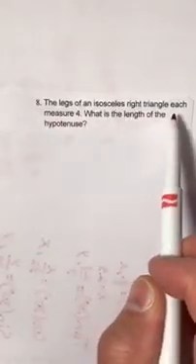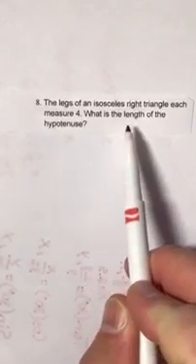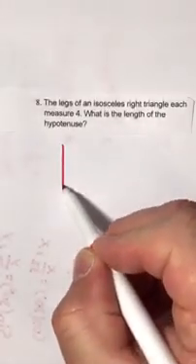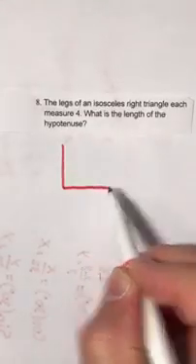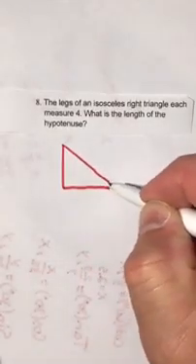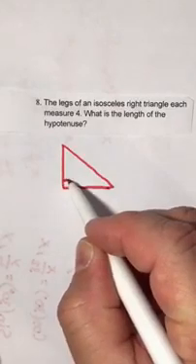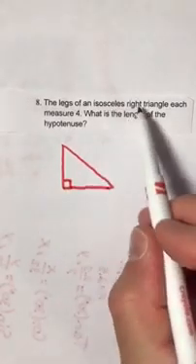Okay, number 8. The legs of an isosceles right triangle each measure 4. What is the length of the hypotenuse? Okay, let's go ahead and get you an isosceles right triangle drawn. What that means is that two sides are equal, and isosceles right means that we have